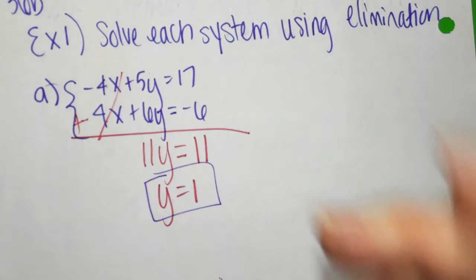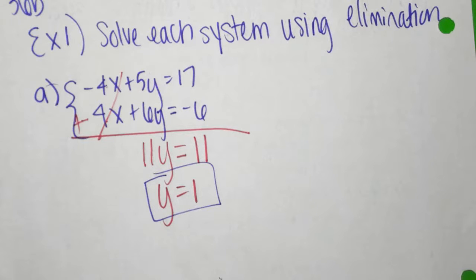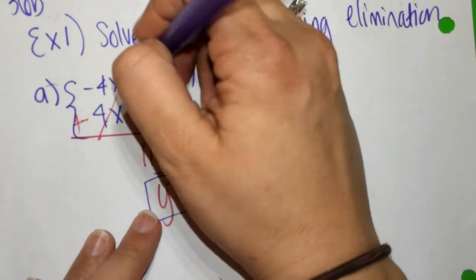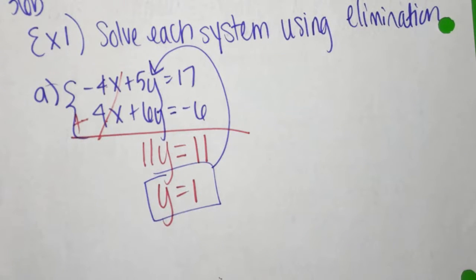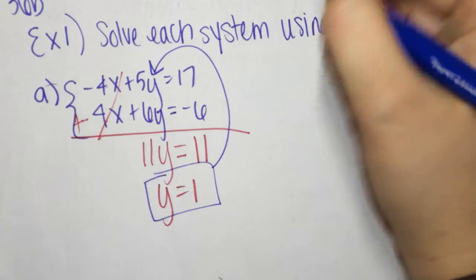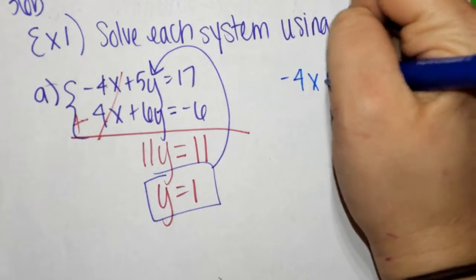All right, so now we have y. What do we need to find? We need to find x. And where do we plug it in? The first one. So you have negative 4x plus 5